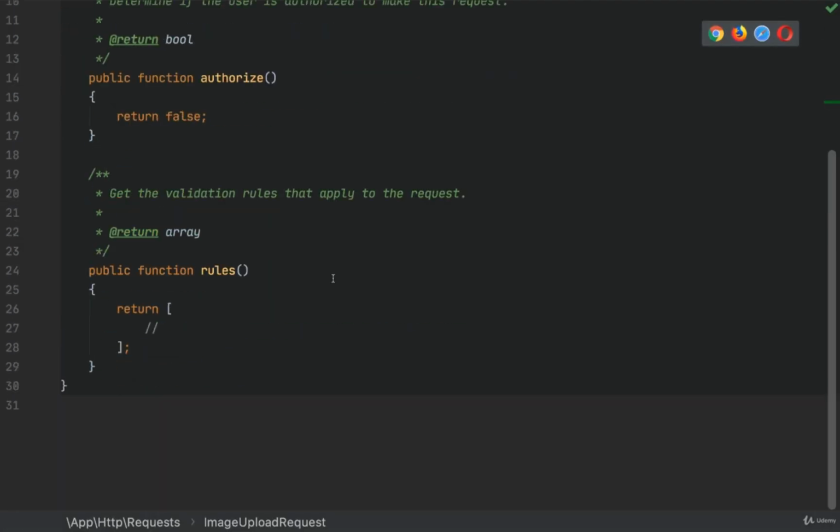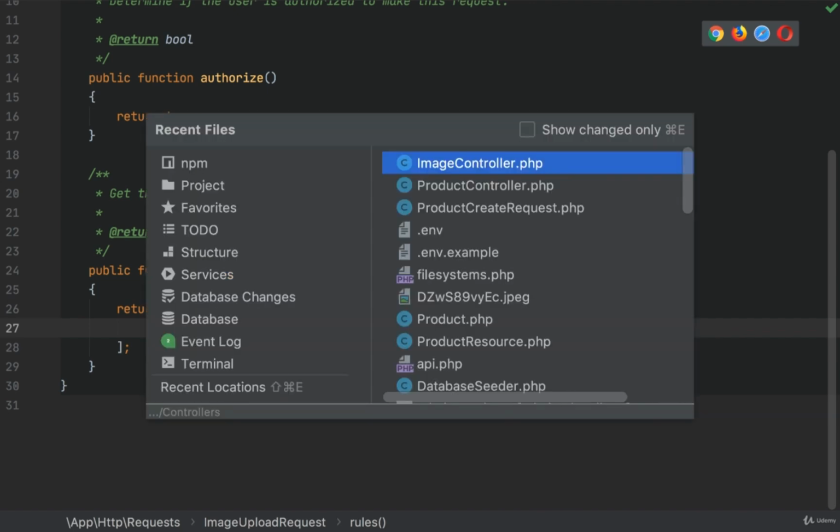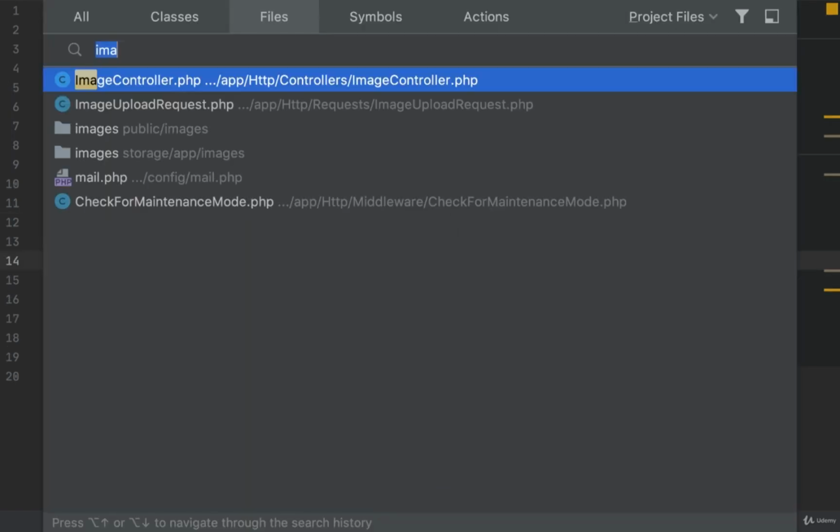And this request will have only one rule, which is image should be required and should have mimes, JPG, JPEG, and PNG. So this should be an image basically. Let's also add it on the